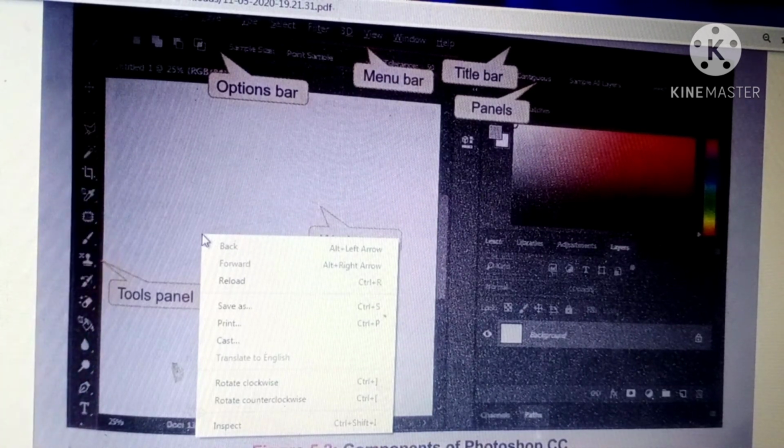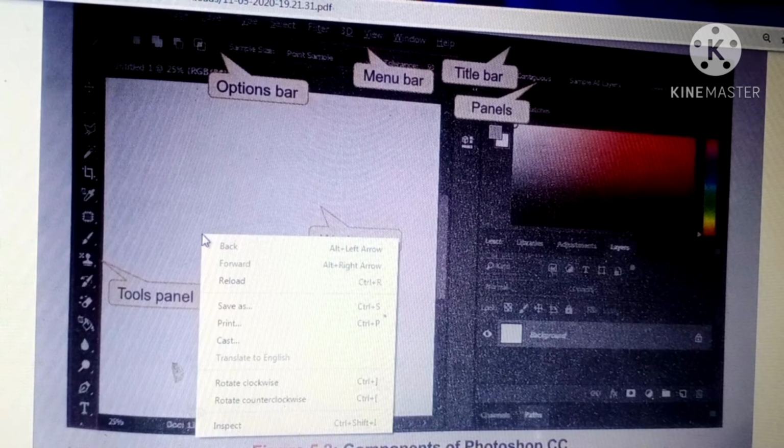Whenever you select any tool, all the options related to that tool will be shown here at the top, in the option bar. So by using any tool, you can use the options from this option bar.